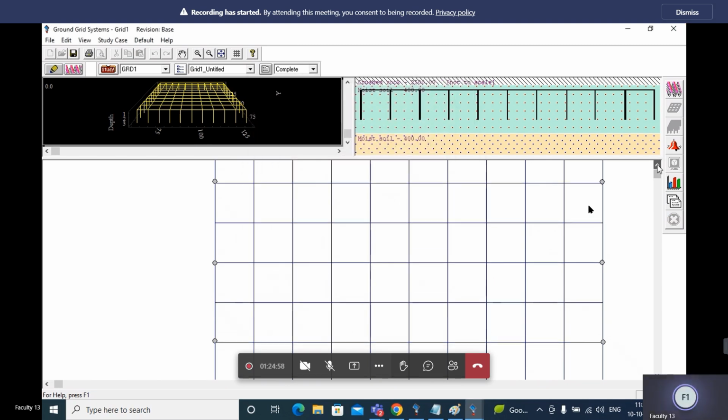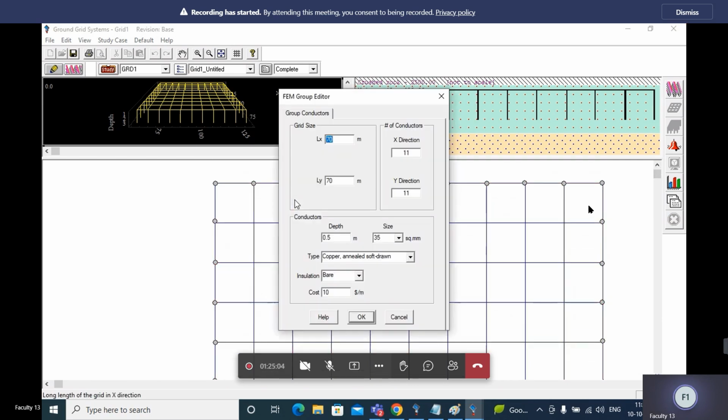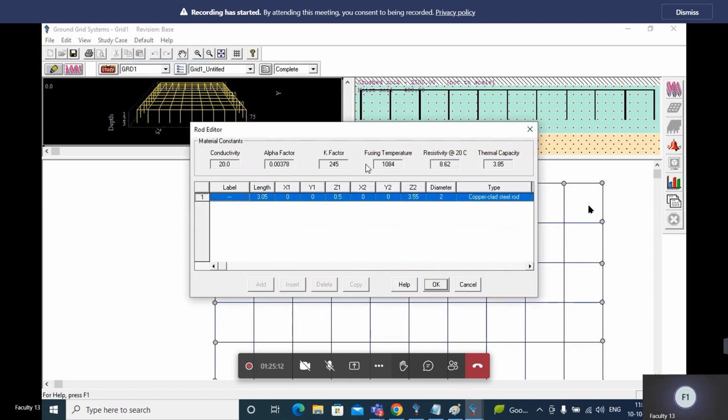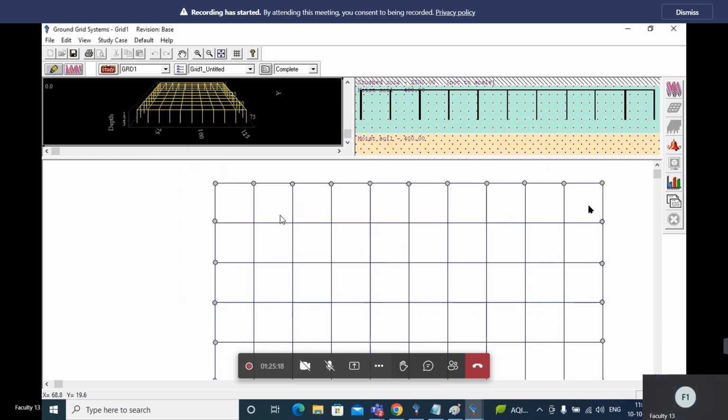Now I will change the square mm. Okay, once we will check. Here we can change the diameter, right? We will change the conductor square.